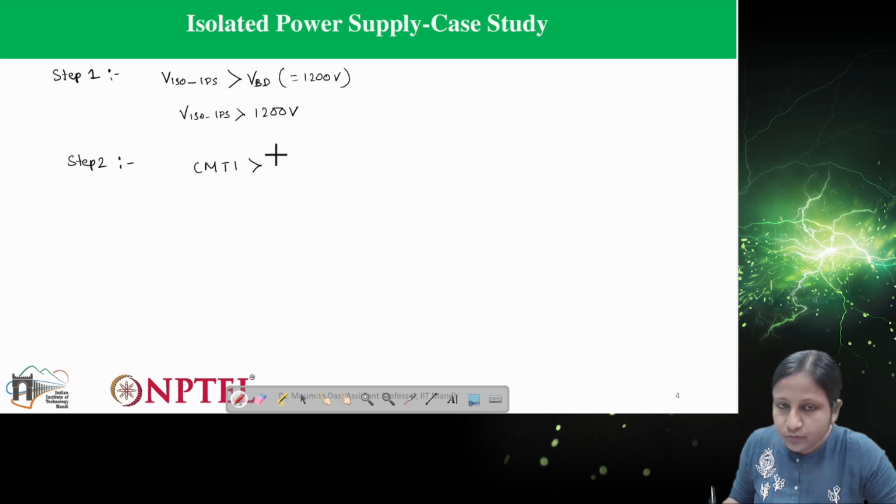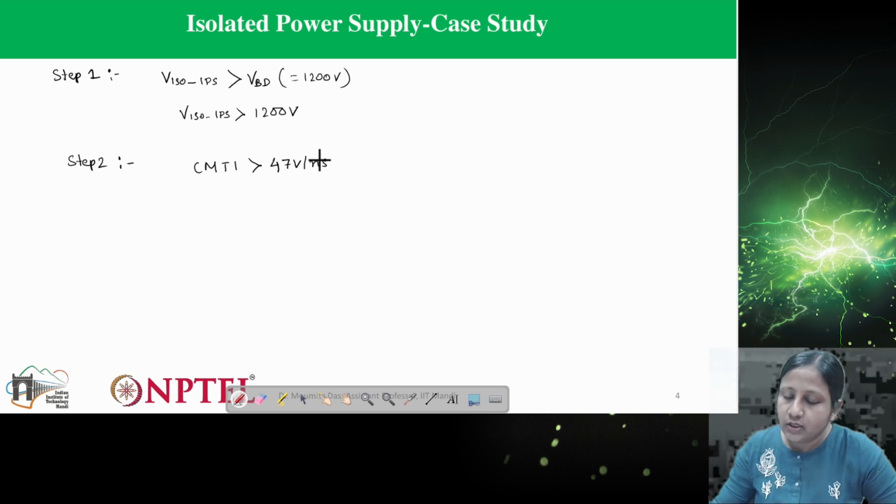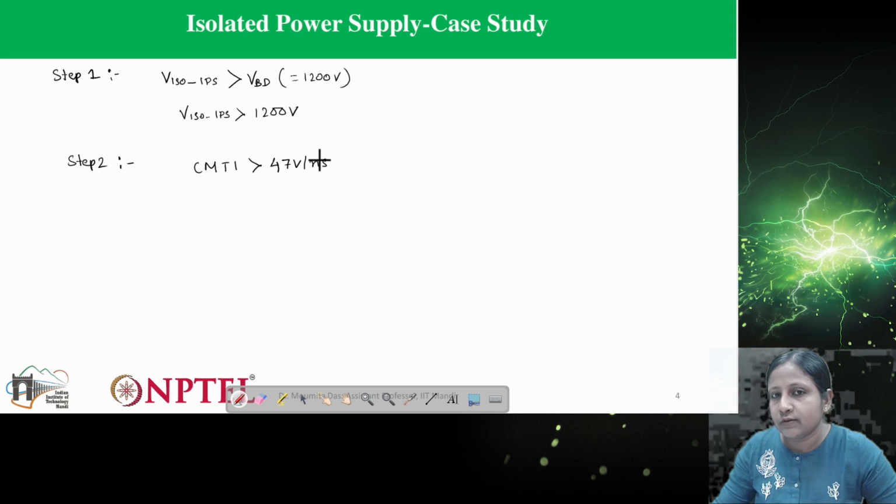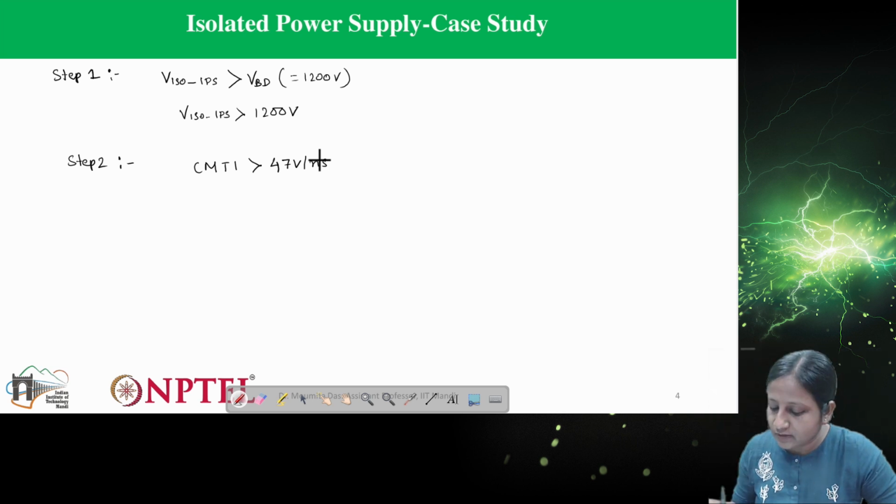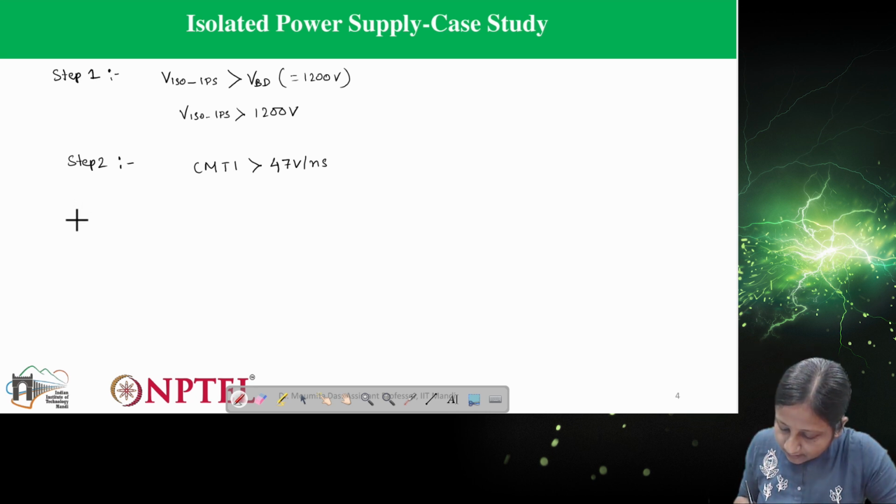So here we are getting this in off condition, that is 47 volts per nanosecond. You can check this with respect to the device which you are going to consider, and you can select a suitable CMTI. Now we have two components for this isolated power supply. Now step 3,